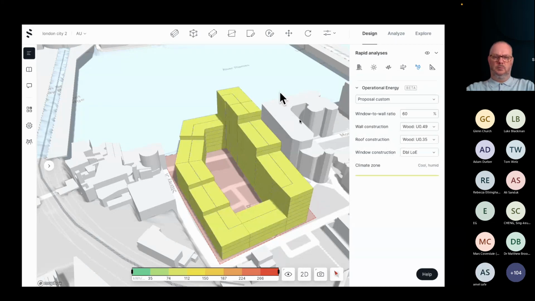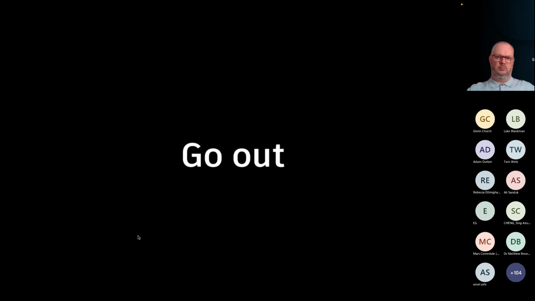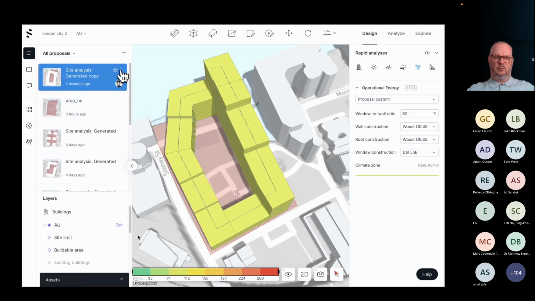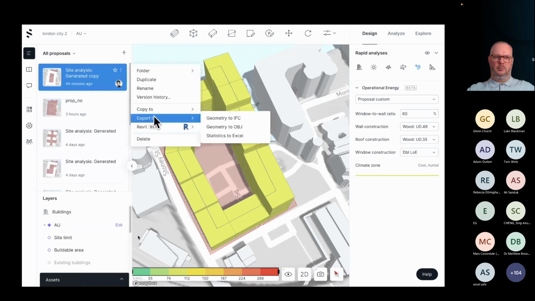And again, within seconds, we can see that we will be spending between 74 and 112 kilowatt hours per square meter per year. So we have now a really good understanding of consumption as well as production, if you remember the PV one. So right now we have this mass that we are confident that performs very well. And what I want to do is to start